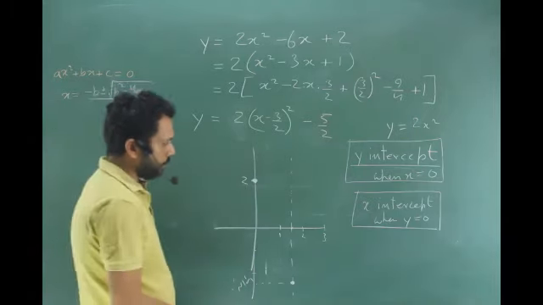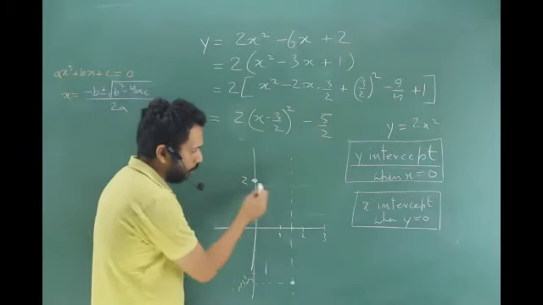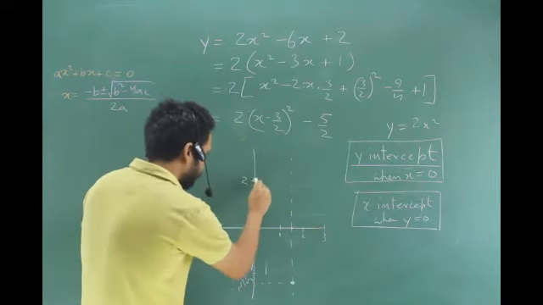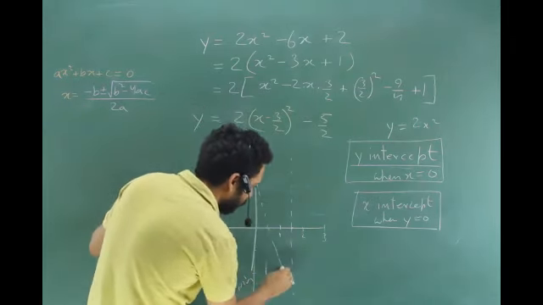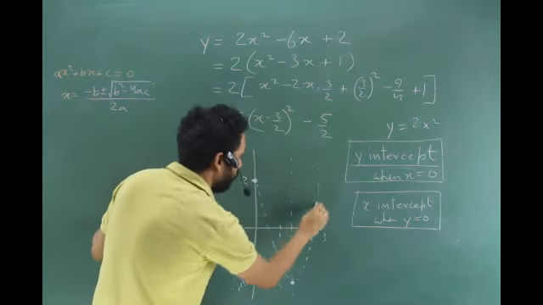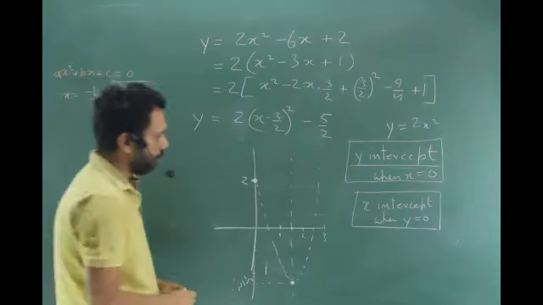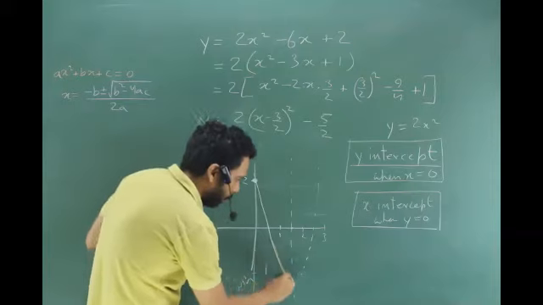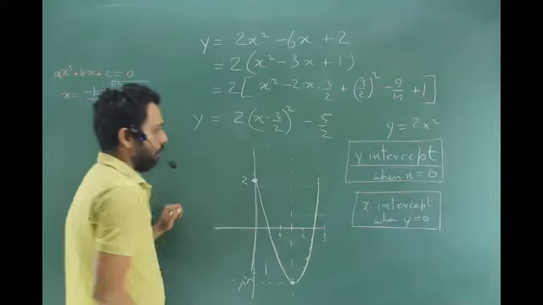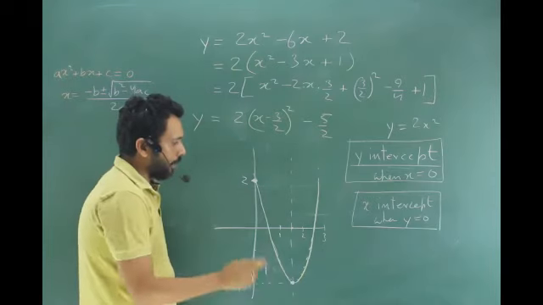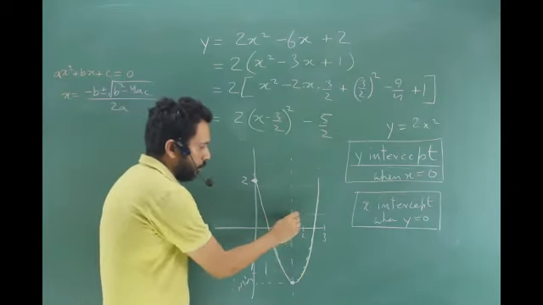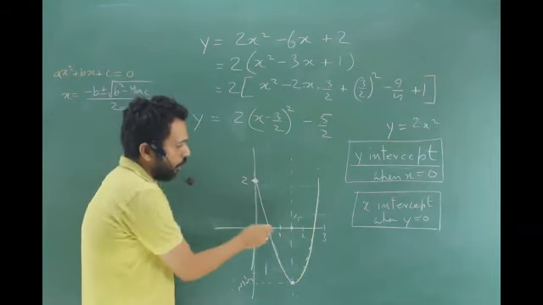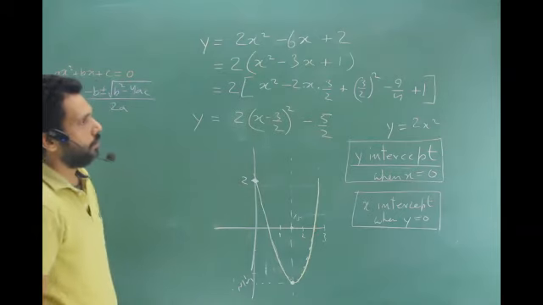Now I've got pretty many points. I've got this deepest point. I've got this point. So I can draw the graph, right? Shall I? This looks like the graph. Get the point? In fact, just make it solid itself. Now I asked you to get 5 points. This you got for me. This was 1.5. This you got for me. This was minus 5 by 2. This you got for me. What are these 2 points?